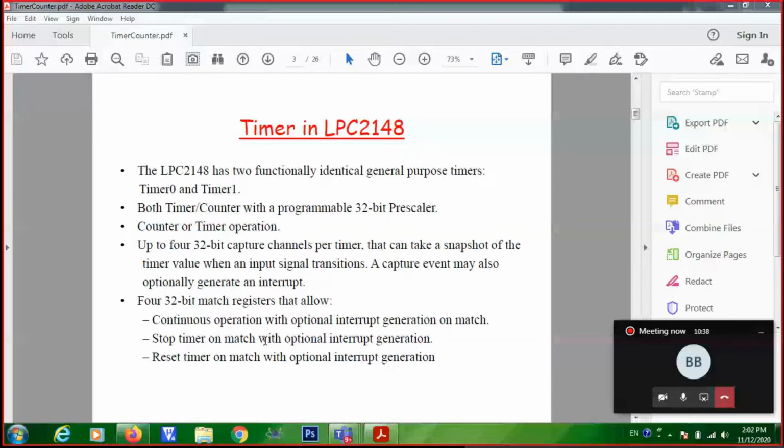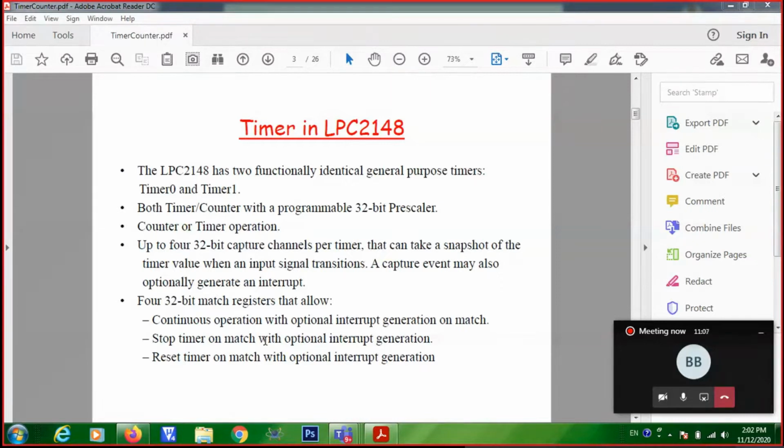Another use is that it can be used for counter operation also. So basically the timer peripheral is nothing but a free running timer. It has a timer counter register associated with it. So basically a timer is nothing but a counter which is counting based on the clock given to it.